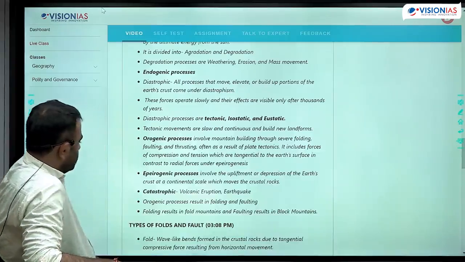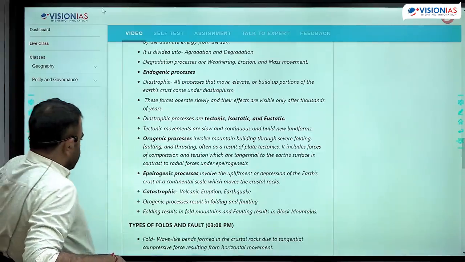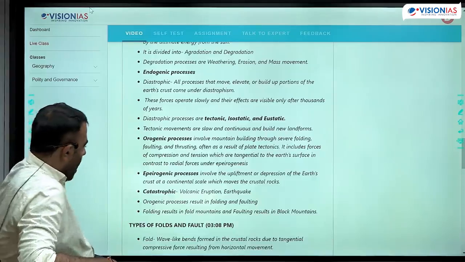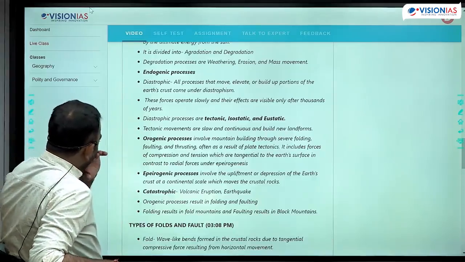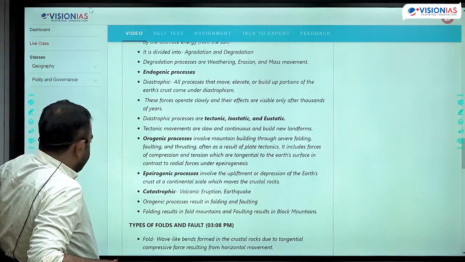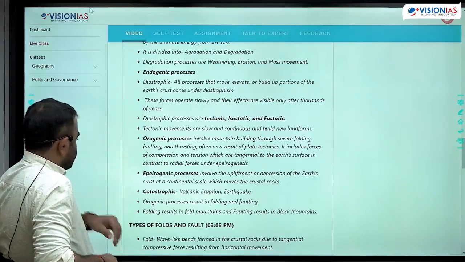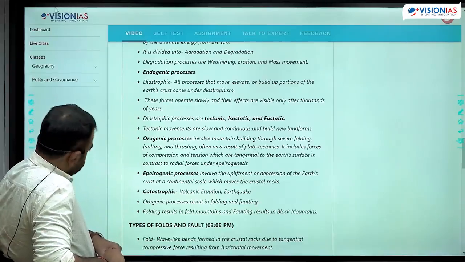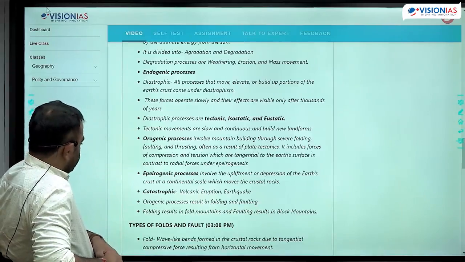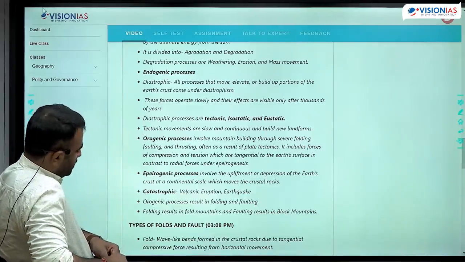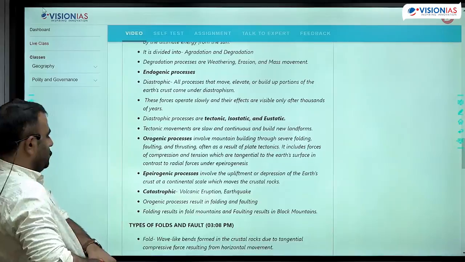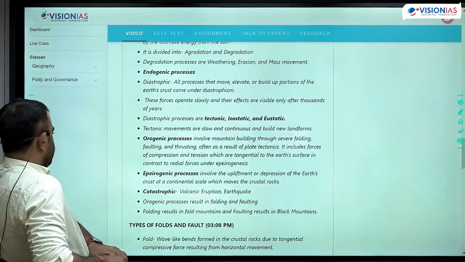So tectonic movements are classified into epirogenic and orogenic. Epirogenic is the broad, large-scale upliftment which causes the formation of elevated landforms. Okay, so high elevated landforms are those which undergo no subsidence. Okay, so large scale, creating different parts of the land. Orogenic are along the narrow belts, creating mountains. Okay, so these are like specific parts of the earth where we have this orogenic process, and it involves folding